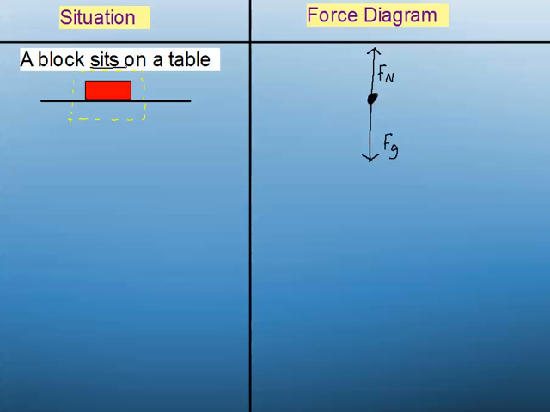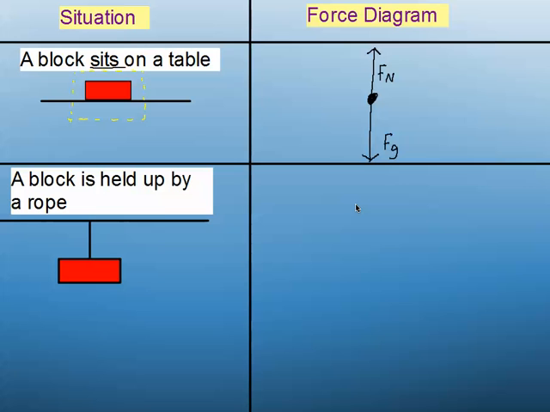It's not accelerating. For the next one, we have a block that's simply being held up by a rope, and again, it isn't moving. So first step, we're going to draw our force of gravity on the block. Next, we're going to draw a little box around it just so we can kind of focus in on exactly what's touching the block, because you don't want to invent forces that aren't there. So if you look closely at it, there's only one thing touching the block, and that's the rope. And the rope is a force of tension, and it has to be pulling up on it. So we get an upward force of tension,